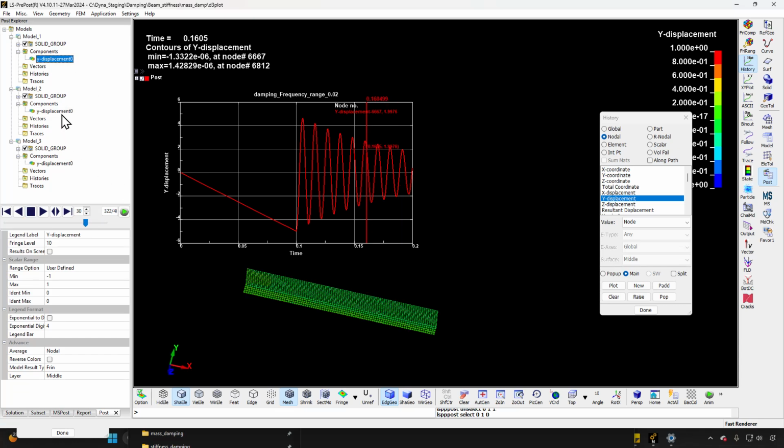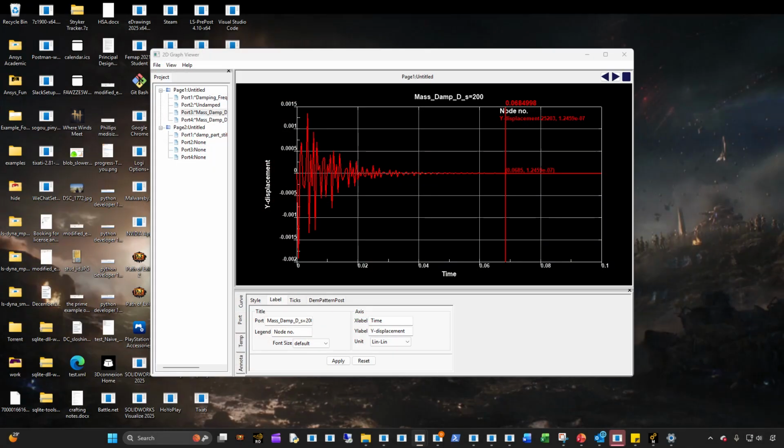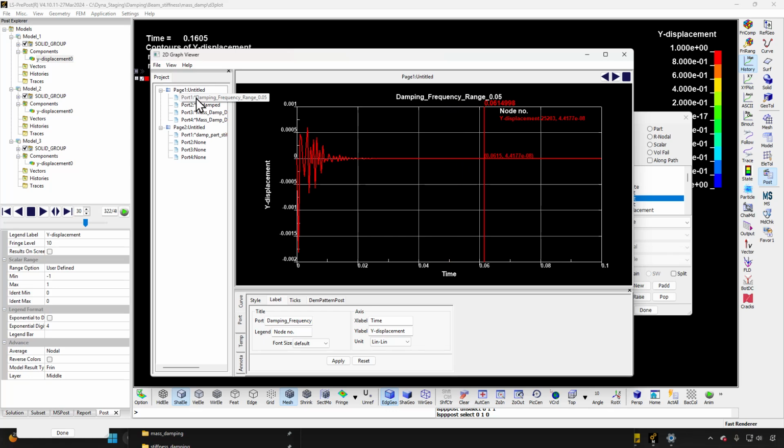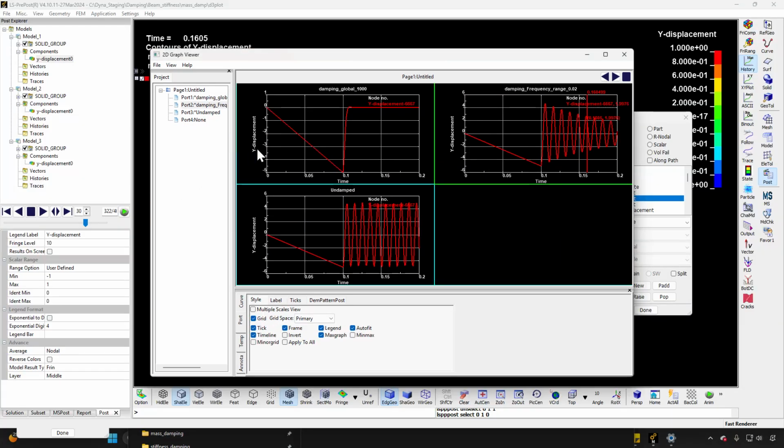So what you have here, hold on, I need to make sure I adjust the, yeah, I have a lot of windows open, sorry about that. So let's just see if we can,